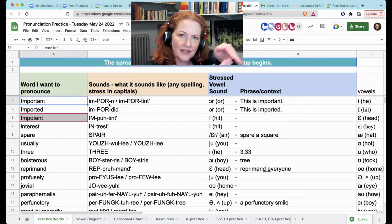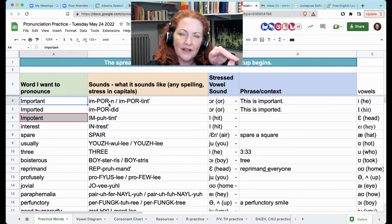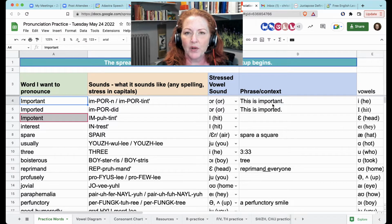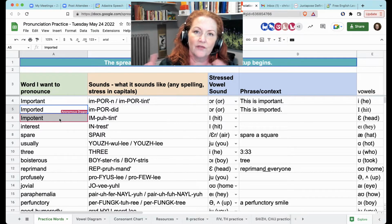So your tongue goes to the T position, which is the same as the N position, important, and make the N noise. Important. This is important. And number 5, imported. And now the T sounds like a D. Imported. This is imported. Number 6, the stress is on the first syllable and the O changes to